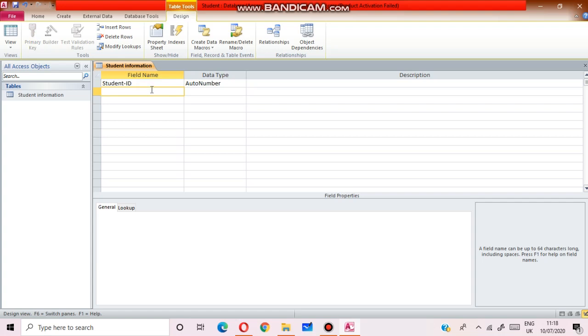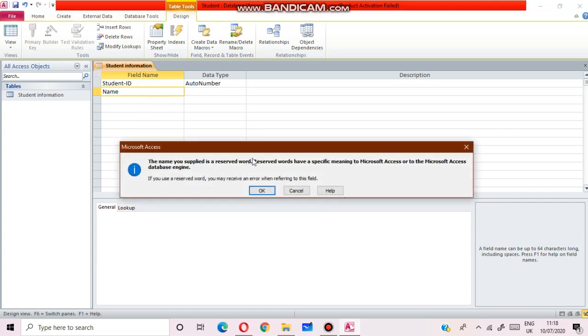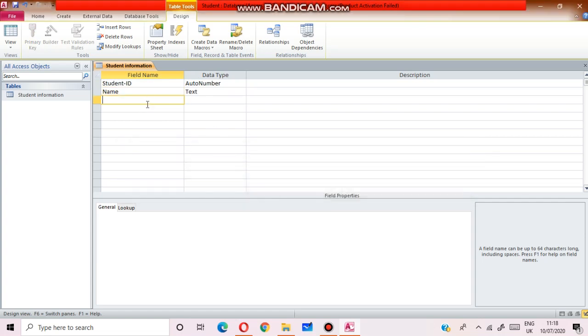Then here you can write name, and the name field will be text data type. Why will it be text data type? Because you have to enter characters or text.